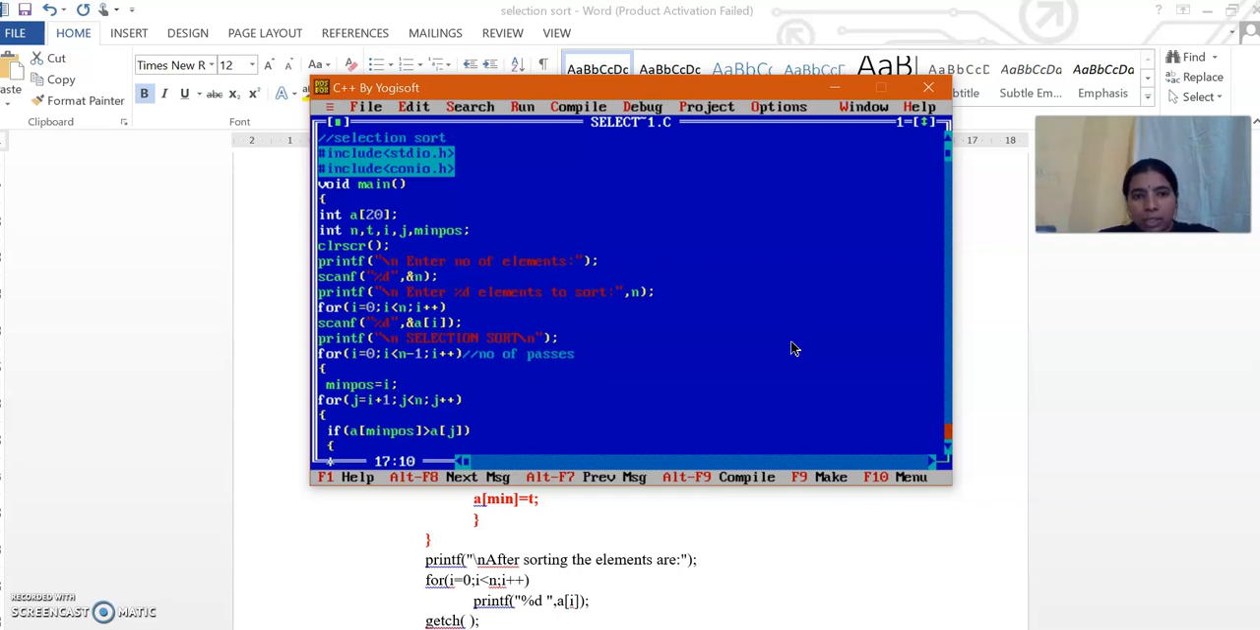Assume that the smallest element position is i, that is the first place, then continue to search for the smallest element in the remaining list. So when I assume that the smallest element is in the first place, you continue from the second element in the list till the end of the list. So j goes from i plus 1 to j less than n. If you find any element